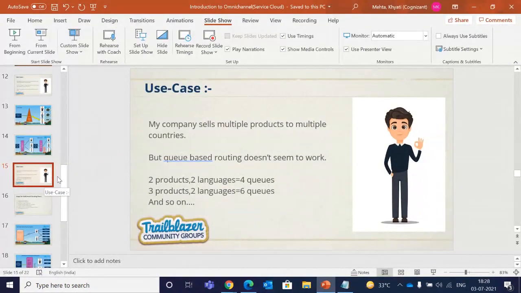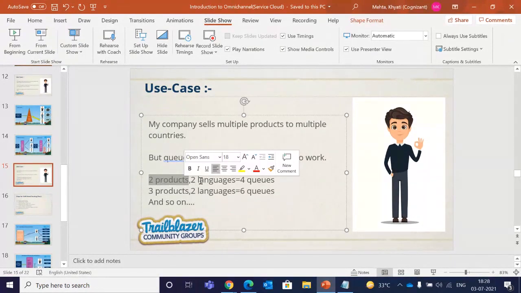So queue-based routing is done. Let's go with skill-based routing. As I said, if I am the owner of a company and my company is handling multiple countries, with customers from multiple companies, and a company which has multiple products as well, that means there will be a certain number of queues. For the example I have shown, there were no multiple products and no multiple languages, so one queue worked for me. But now I have 2 products and 2 languages.